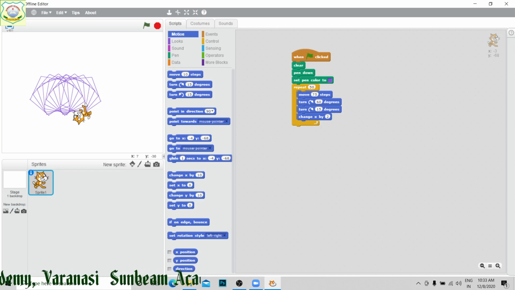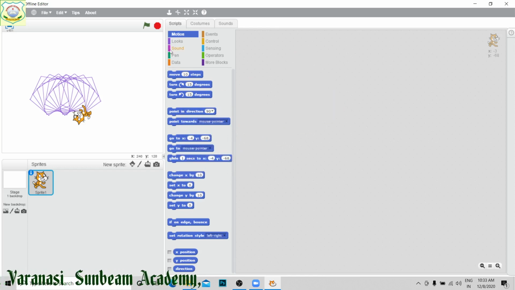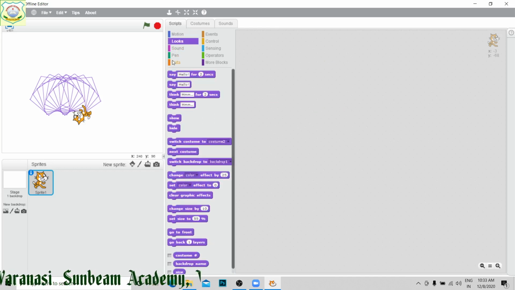Suppose I have to draw any drawing on our stage. What to do? First remove it, clear everything, or whatever you want to make. After that, if you want to show or hide your sprite, this can be done with the help of this one.